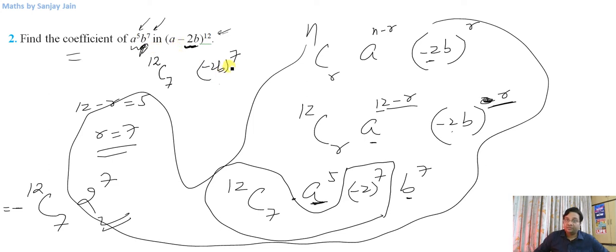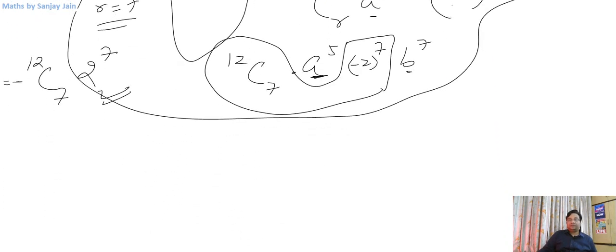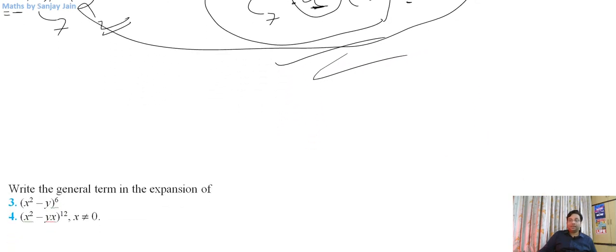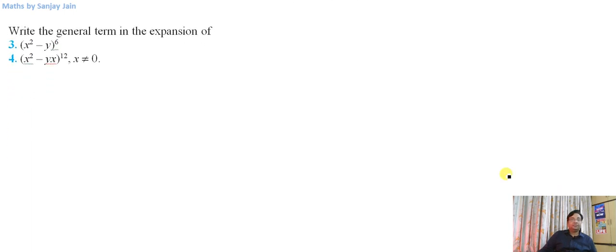And if minus 2b is raised to the 7th power, a will be raised to 12 minus 7, that is the 5th power. So you could have directly written that this is the coefficient. But you can write directly in a competitive examination; otherwise you go like this. You write the general term first, then replace r with whatever is given as per the question. Write the general term in the expansion of. So for this, the general term will be